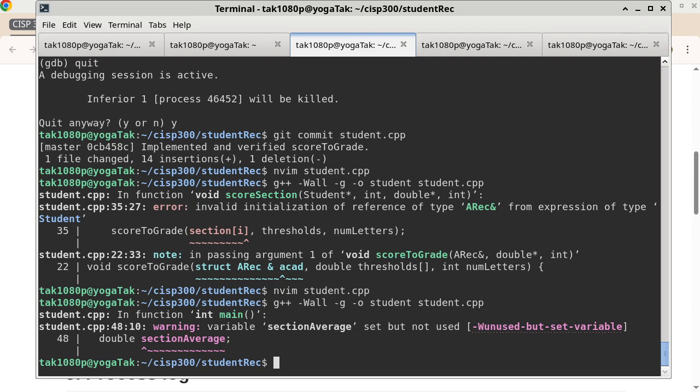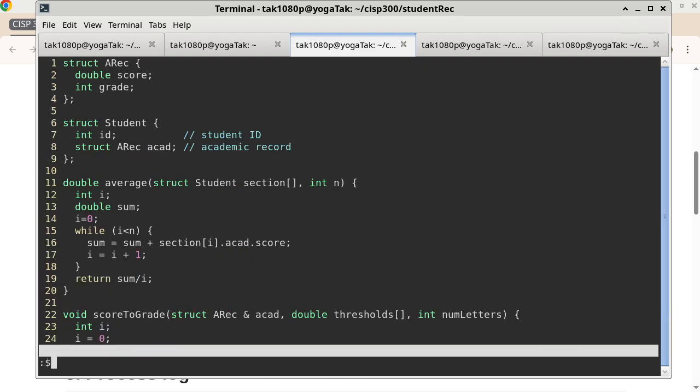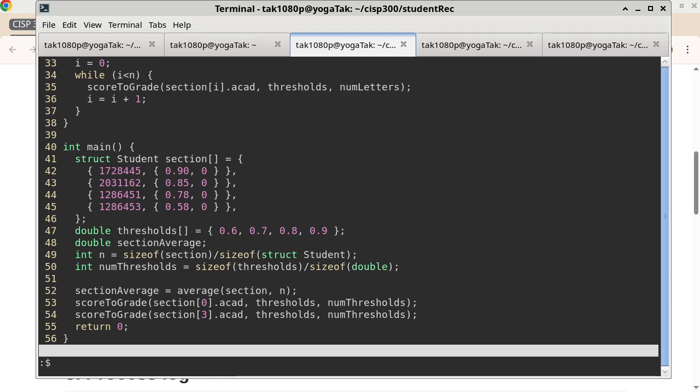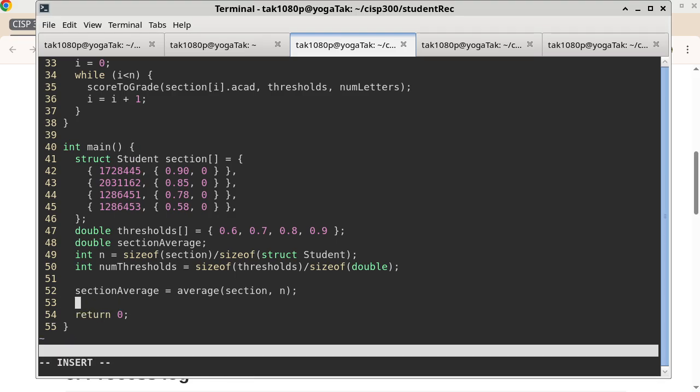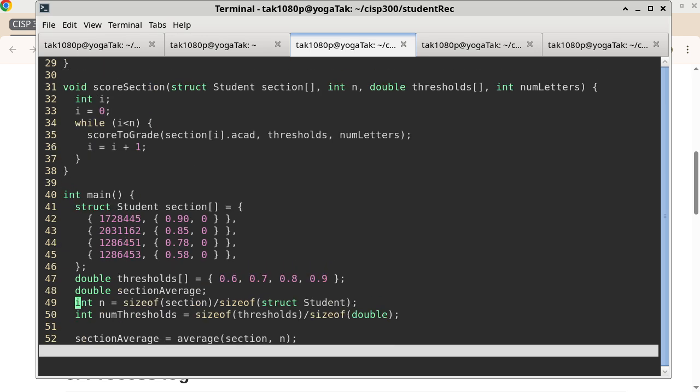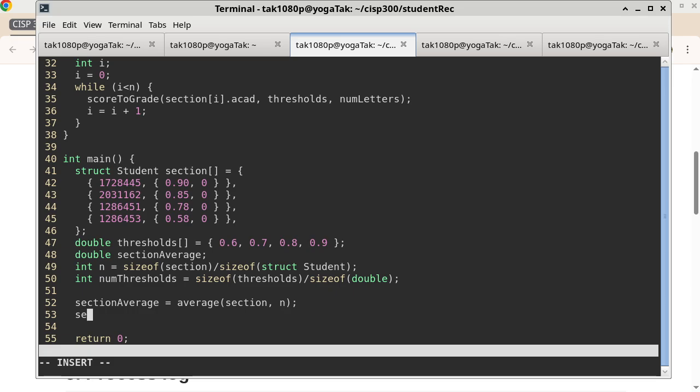In terms of making sure all the types are working out or consistent, everything is good. So that means I can now remove these two lines, and instead we can just go ahead and call that function that we wrote earlier, which is, I cannot remember the name anymore, score section. Okay, there we go. So we have to call score section, and there are four pieces of information that it